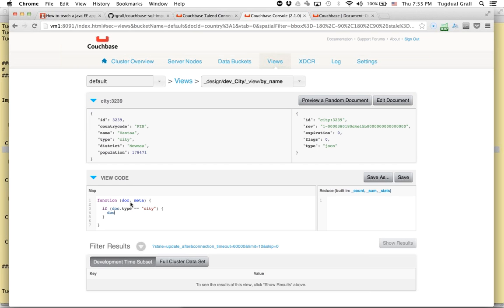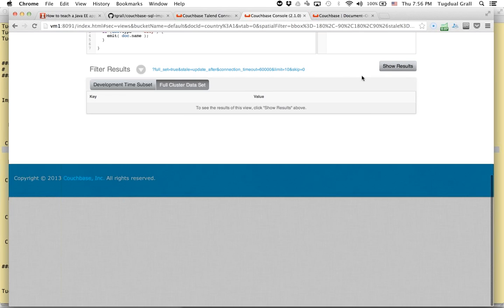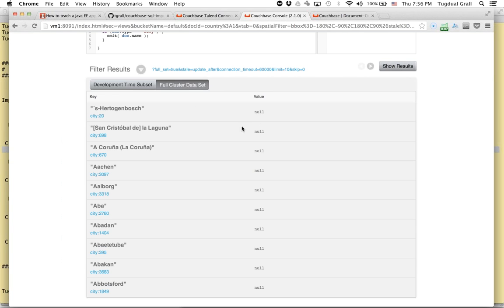So inside Couchbase, we use JavaScript as an indexing engine, but the code you use is very simple. So I will just put in the index because it's where I want to query the name of the city. And what is interesting is you may have country name, you may have a username, also with the attribute names, very flexible schema. But by using a type, I can just ensure that this specific index that I will query contain only the name of the city. So I save that.